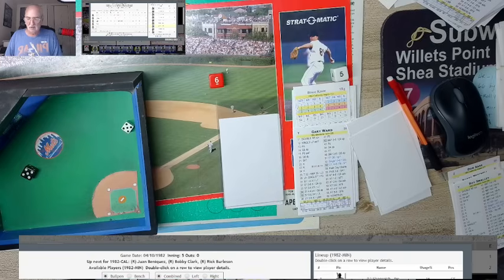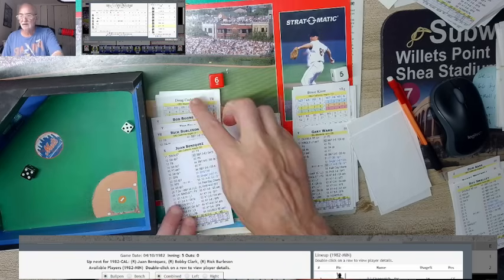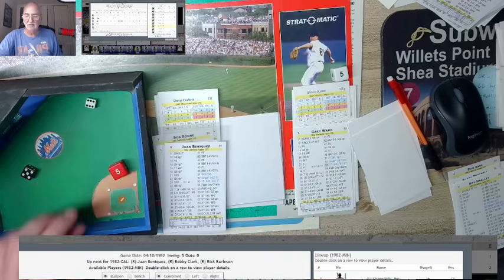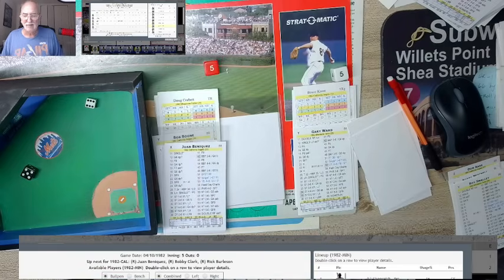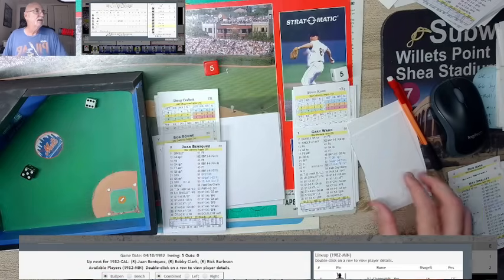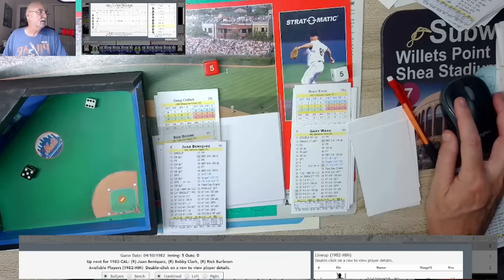We're using the tall pitcher cards as one of the subscribers encouraged me to do. And I've done it before, and it's fine. I have no problem with it. It was just an extra thing you got to print out, and that's all. But Doug Corbett, here he is. And we're going to roll for him, see what kind of stuff he will have in this game. He will have his 5 stuff. That's a 4, 4, 5, and 4. Not very good. All right, so Doug Corbett comes into the game.